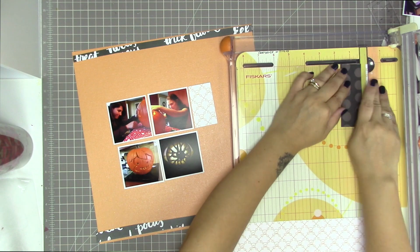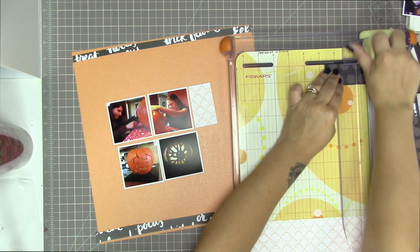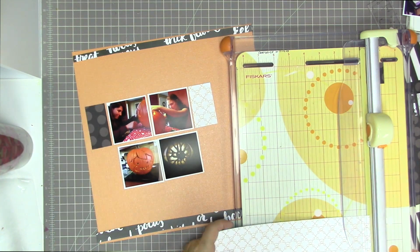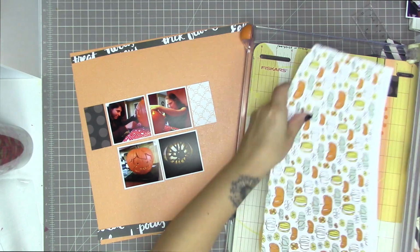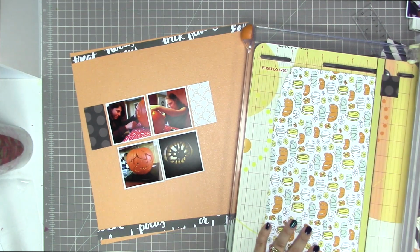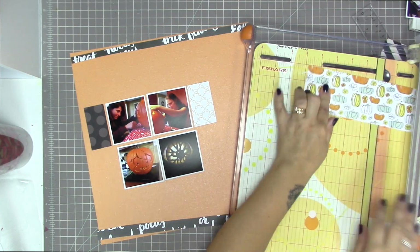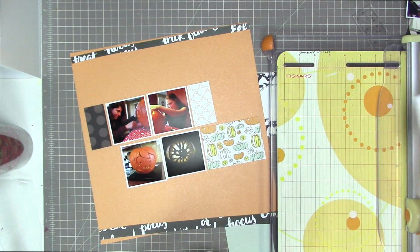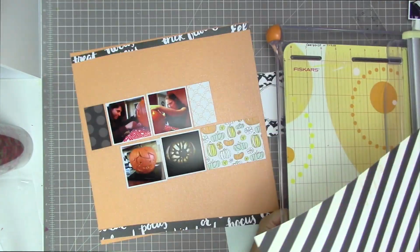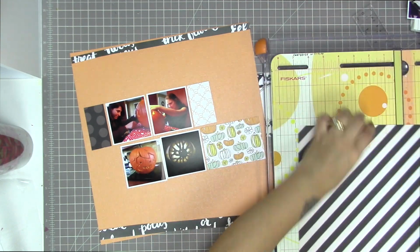And I'm kind of eyeballing it, like it was a weird measurement, and it was just an approximation that I'm using, so that's why I had to go back and trim up one of those pieces a little bit more. I love this pattern paper from the Scraptastic Kit Club. So far, both of those two lighter pattern papers are from the Scraptastic Kit Club, and then that black polka